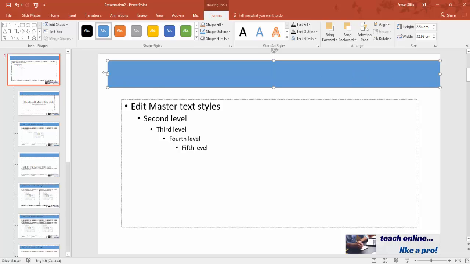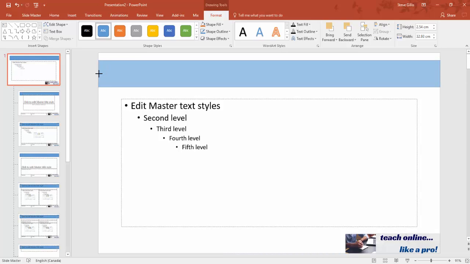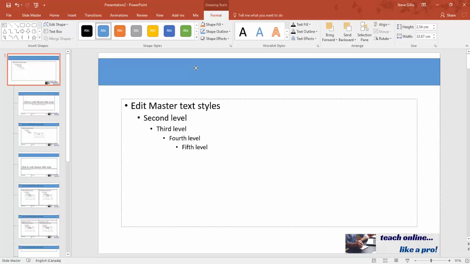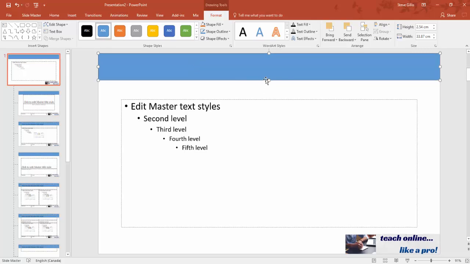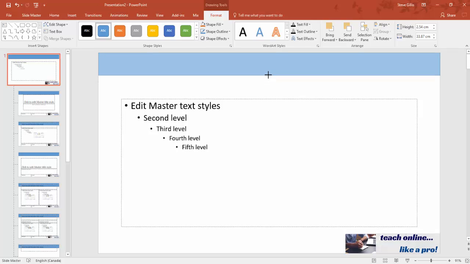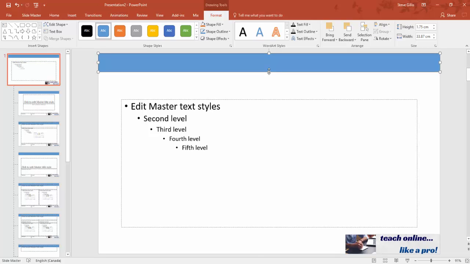Make sure it touches both edges of the slide. I'm going to move this up so it touches the top edge. And this is a little bit too big for me, so I'm just going to move this up a little bit to right about there. So that looks good. If I want to change the color of the shape, by the way, this blue is the default color for